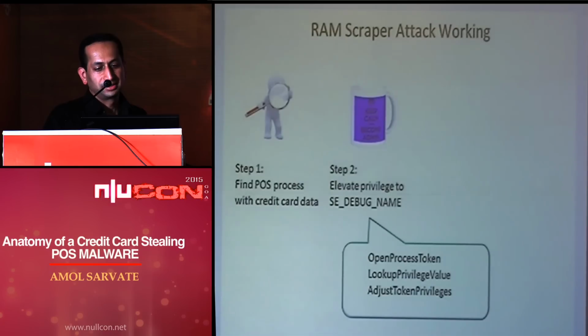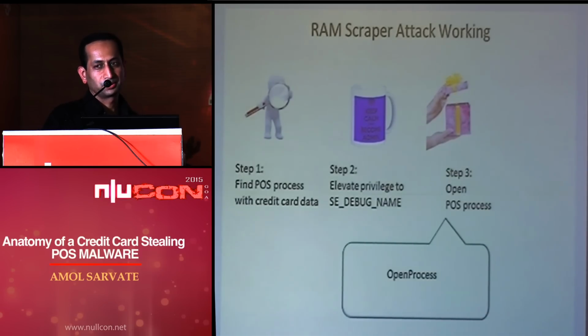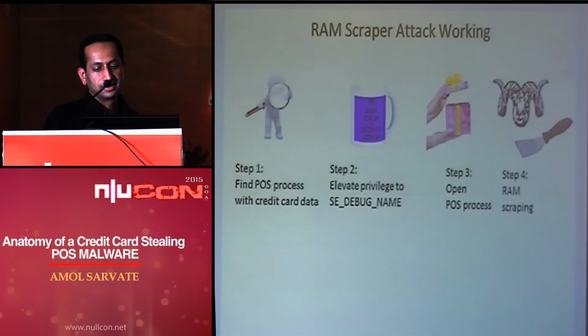Now if this fails, this is what my example malware does, but if this fails, there are other techniques like DLL injection, where you can inject your own DLL into the POS process and still get to step 3, which is basically you just open the process. I've chosen this graphic because if step 2 is successful, that's a very crucial step. If step 2 is successful, step 3 is very simple. You just open the POS process by calling open process, and then you do your RAM scraping,